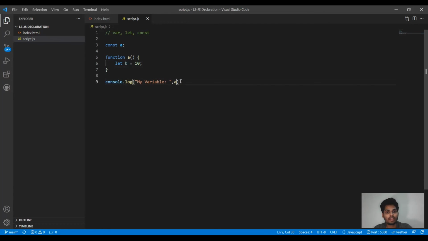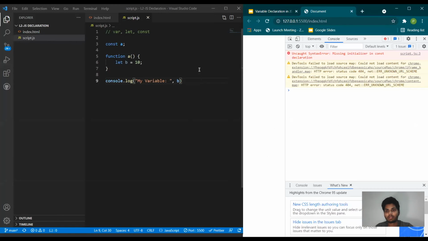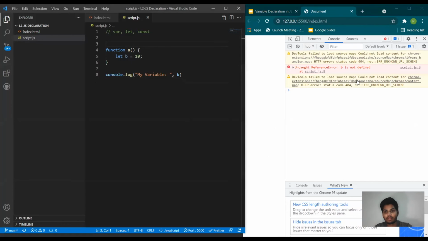If I try to access b at line number 9, which is not inside the function, I will get an error. Let me see that. We are still at const A. You can see here b is not defined because b is declared inside a function, which cannot be accessed outside.